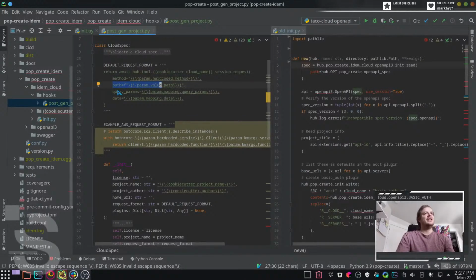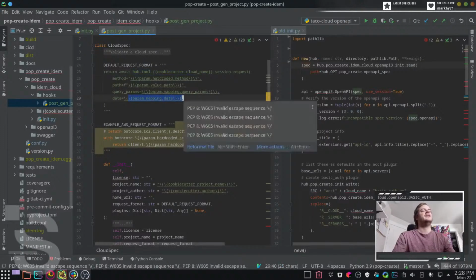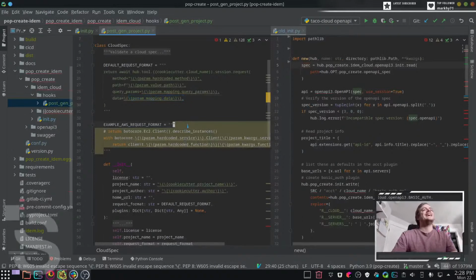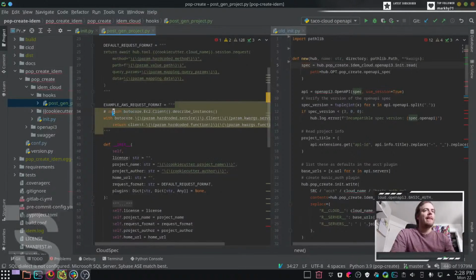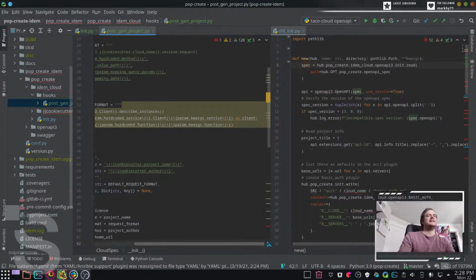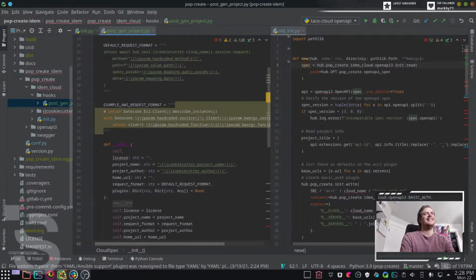If I'm building a dictionary to pass to query params, then I need a way to do that based on keyword arguments in the function header. If I need to pass some different arguments from the function header into the data field, then I need to do that too. And I need to support a way for AWS to make calls with Boto Core using the same templating. So this is what I came up with, and it's a bunch of Jinja nonsense, but in the end,